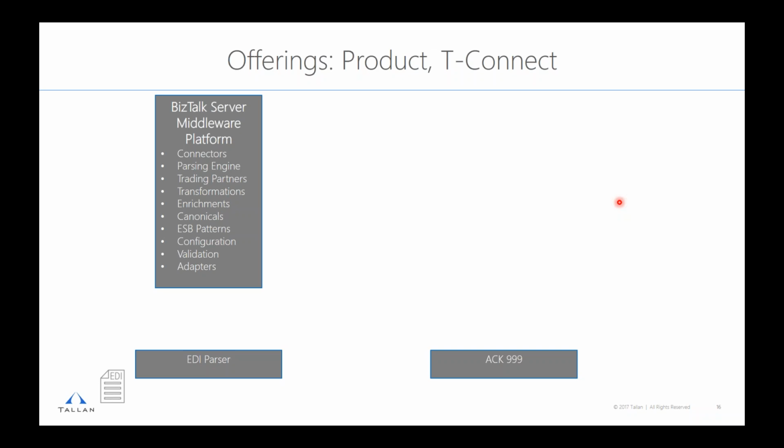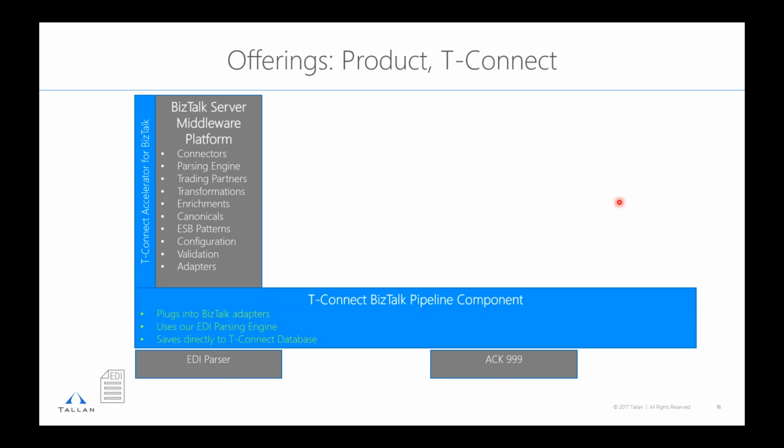So we built what we call our T-Connect accelerator for BizTalk. It plugs right into BizTalk very quickly, and it's implemented as a pipeline component. You can literally just plug it into your receive port for your EDI.